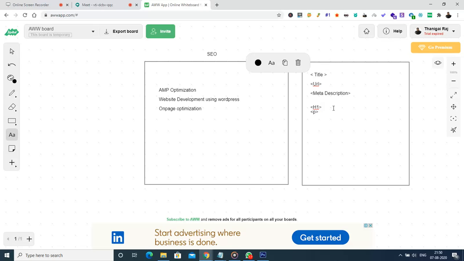So it is advised from an SEO perspective that we have only one H1 tag for a single page, not more than that, so that we don't need to diversify the keyword importance between multiple H1 tags. If we have only one H1 tag, the importance will be completely provided to that one H1 tag. So we shall have one H1 tag for a page, and then we can have two H2 tags for the page.